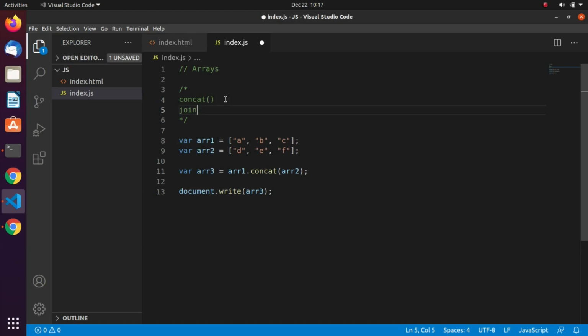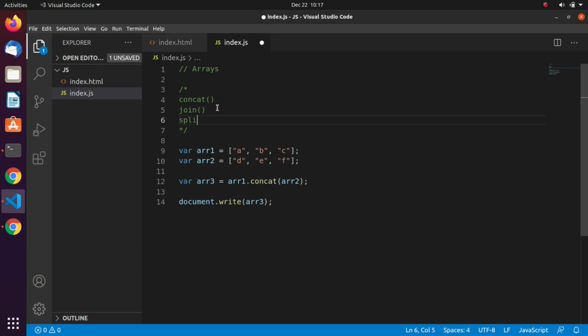Okay, so we also have the join and the split methods. The array object's join method returns a single string which contains all of the elements of an array, separated by a specified delimiter. If the delimiter is not specified, it is set to a comma. And the string object split method returns an array in which the content of the supplied string becomes the